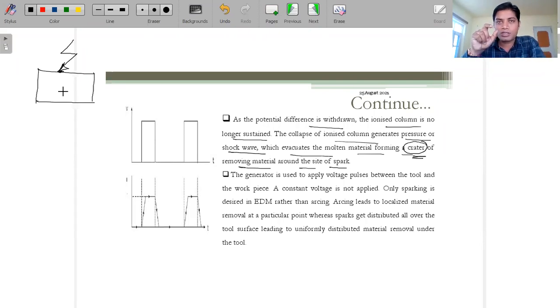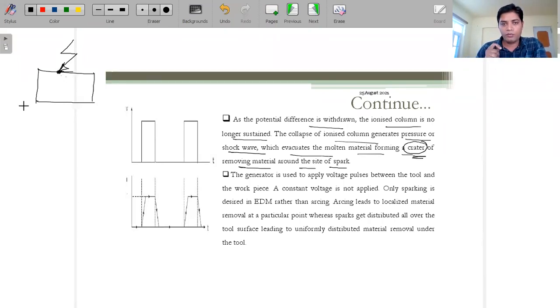It has some specific, very small length, and the diameter will also be in nanometers. So it is not visible exactly; only from a very near area will it be visible. When the spark is generated, because of that the material is removed from this area. Once another spark is generated, that will also remove material. For example, this surface is removed, now you have to give a feed so that more material will be removed from this one.